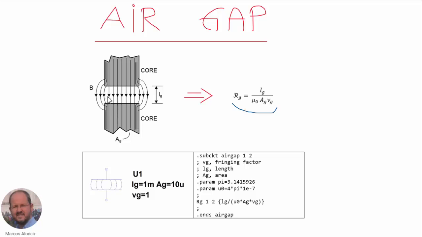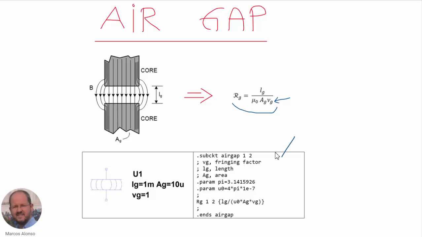Because we know that we are going to have some fringing effect in the flux that is going through the air gap, we can add this Vg factor, which is the fringing factor. Usually it is a value slightly higher than 1,